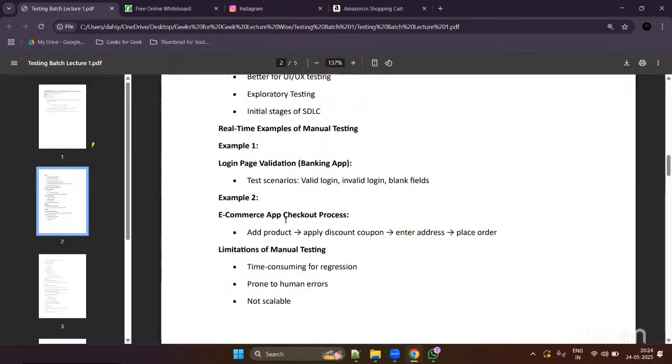Then we come to the limitations of manual testing. First is that it is time consuming for regression, prone to human errors, and not scalable. What do these limitations represent here? The first thing is time consuming. For Amazon.com, the major thing that is necessary is placing an order, because nearly 1 lakh people on a daily basis are ordering on Amazon.com. So this action doesn't